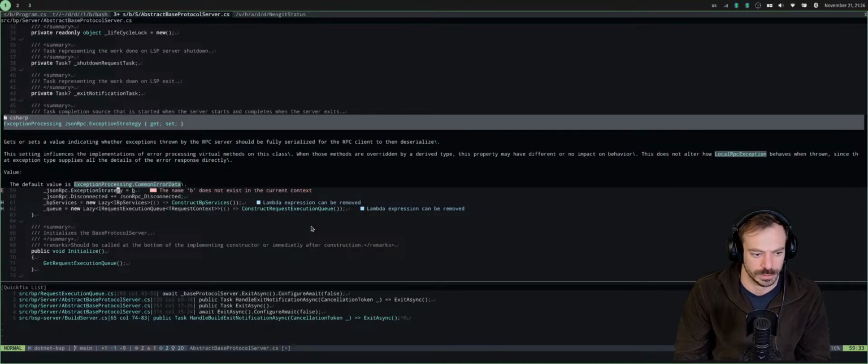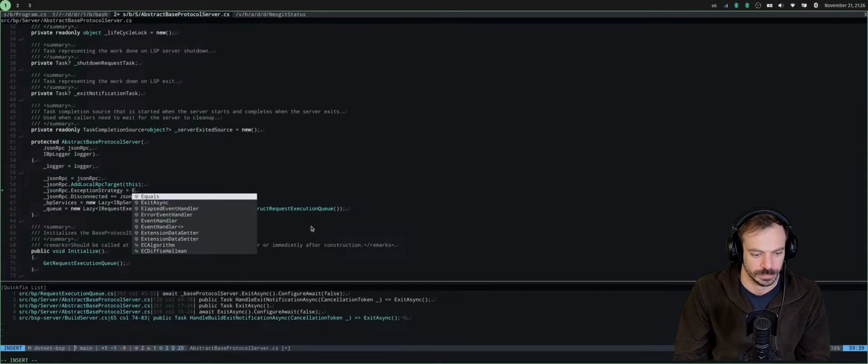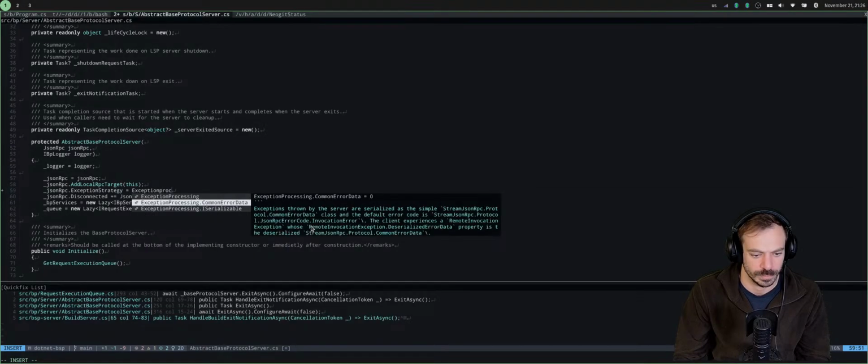It was the exception processing. Exceptions thrown by the server are serialized as the simple StreamJsonRpc CommonErrorData class, and the default error code is InvocationError.